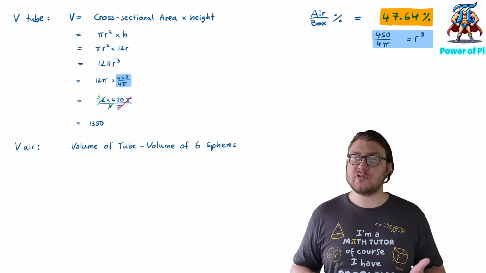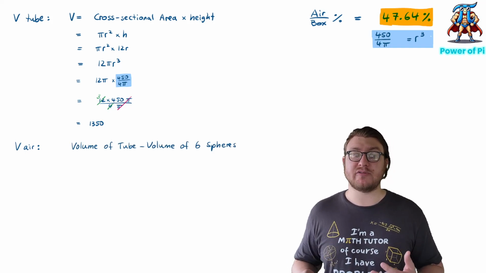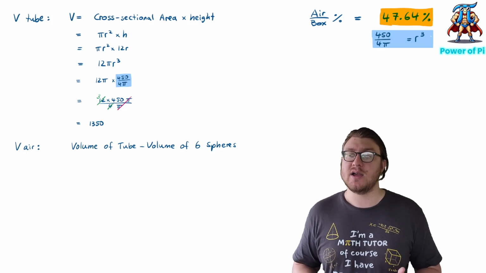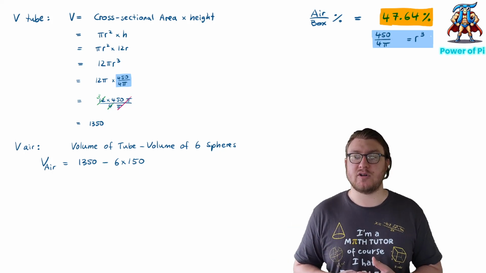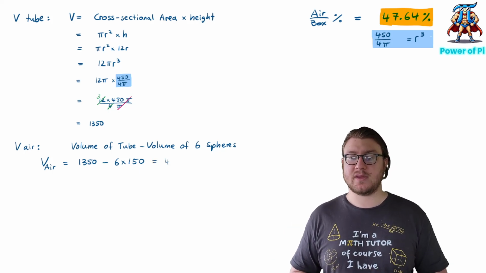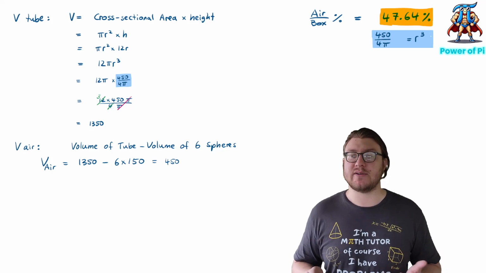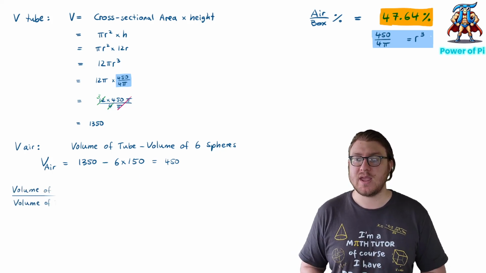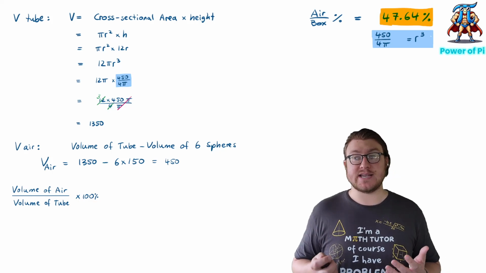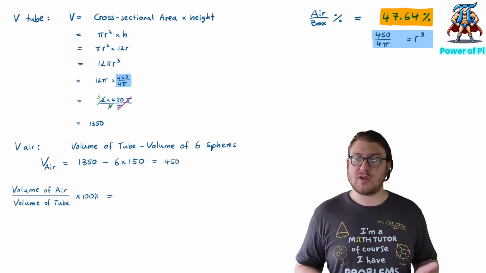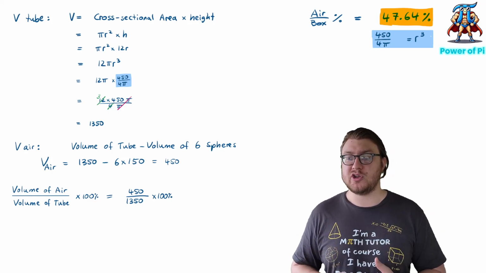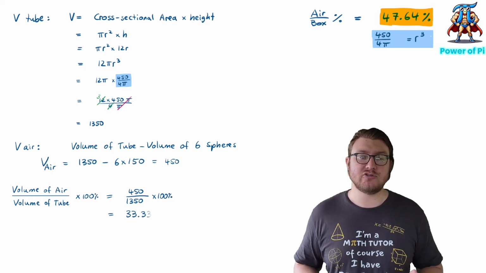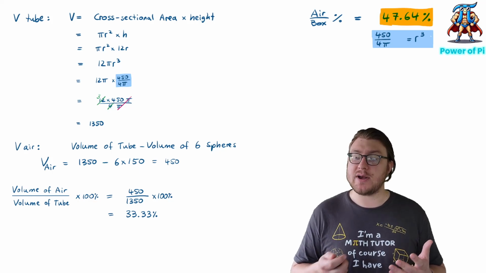But again, we need to do the same calculation to find the volume of the air. So that is again the volume of the tube minus 6 times the volume of each sphere. Putting this in the calculator will give us 450. And the same calculations as last time, we need to do the volume of the air divided by the total, which is the volume of the tube, and multiply by 100 to get it as a percentage. Substituting in our numbers will give us